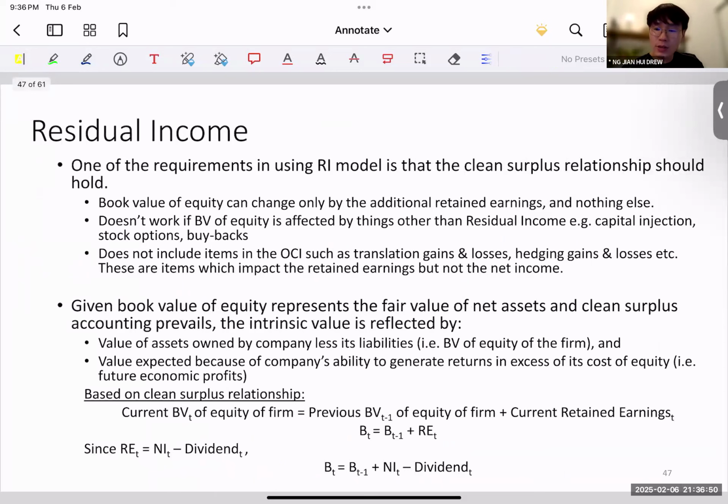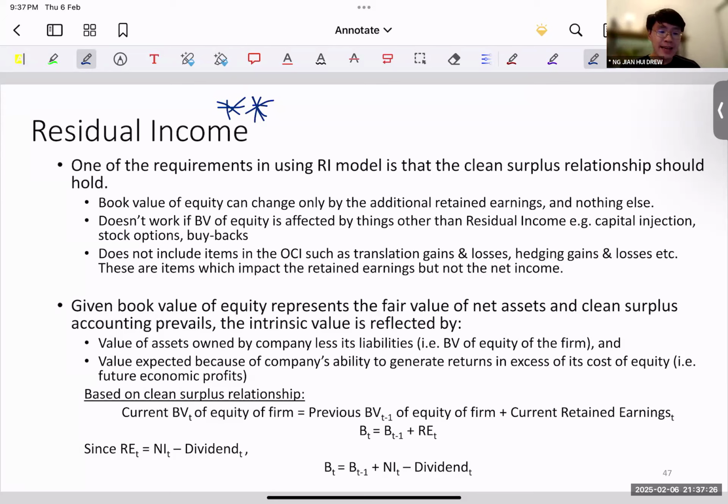Okay, so this component is very important for really understanding residual income. So I'm just going to put a two-star here. Please, if you do have questions, raise them in the group chat or you can unmute yourself. But let me try to explain in simple terms what is happening here, before we look at this whole chunk of words. This will be tapping on your accounting modules, and most of you being year three, hopefully this is not new or you have heard about this in the accounting modules before.